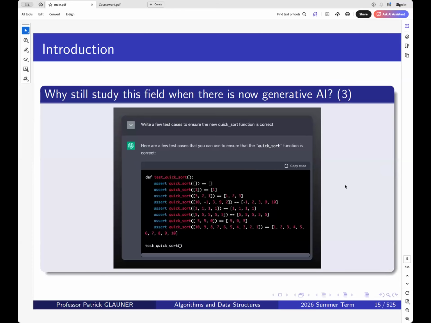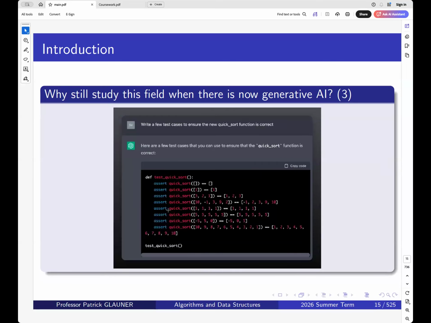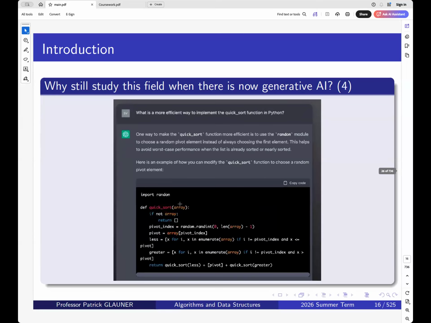overall, I'm very interested in Gen AI since I'm an AI professor. And you can use Gen AI, for example, also to generate tests for your code. That's cool. You can generate documentation for your code. You could also specify tests and then generate code out of these tests. So there are a lot of opportunities actually, and you can get explanations of your code and get improvements. So all of this is really cool, but you still need to know the foundations and how to solve problems,